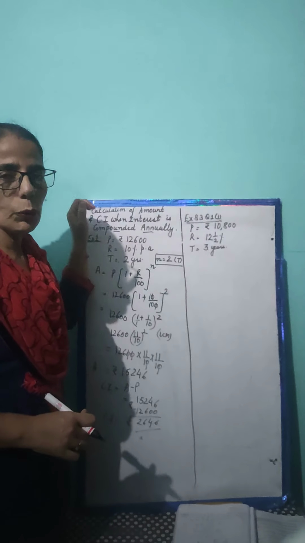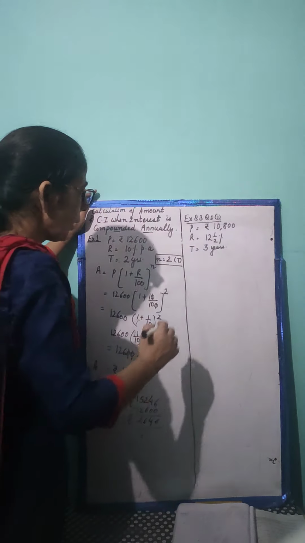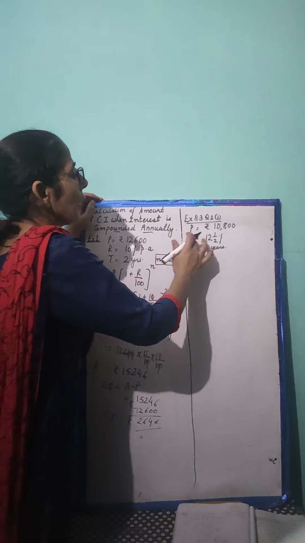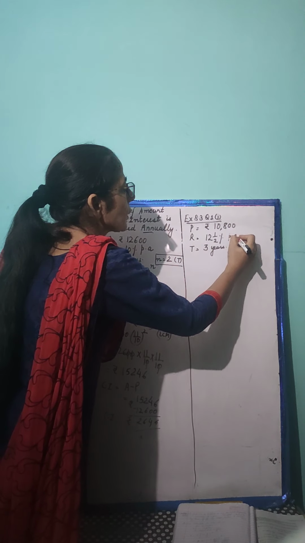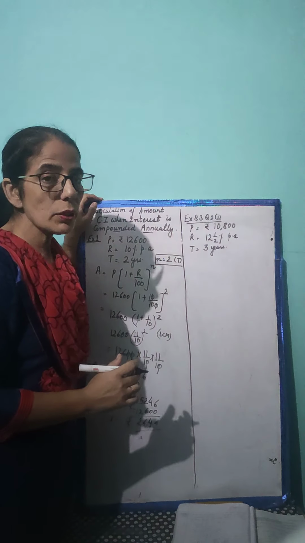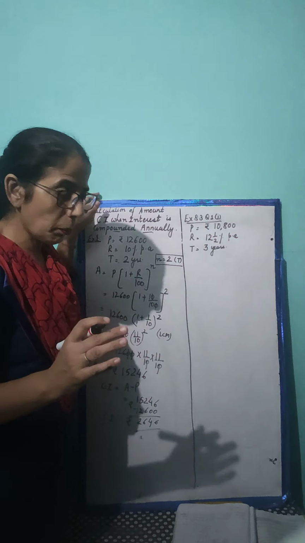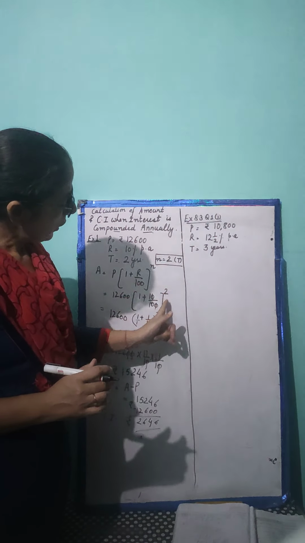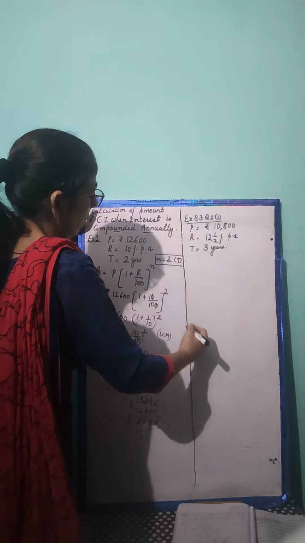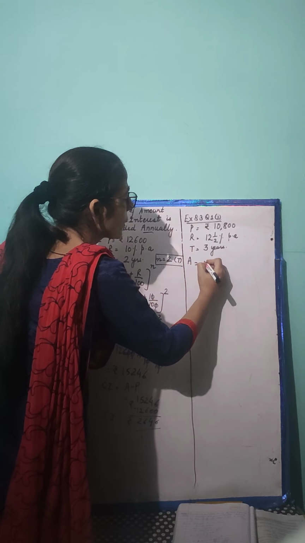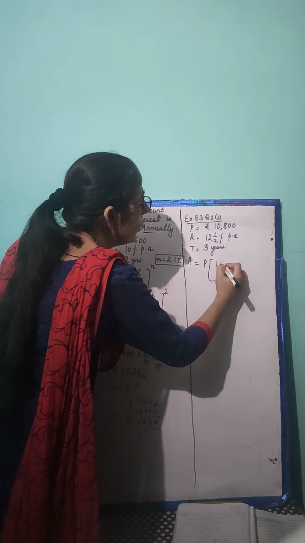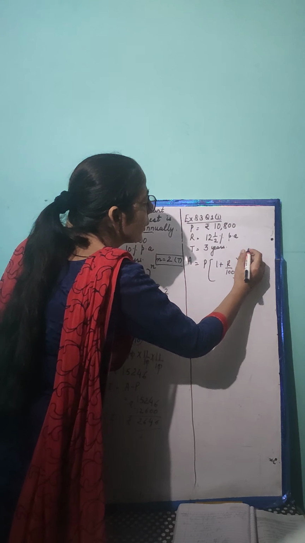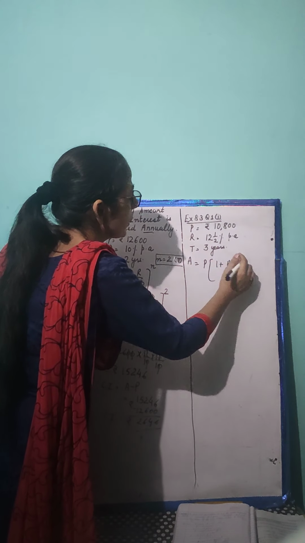It is exercise 8.3, question number 1, first part. Principal is given to be rupees 10,800. Rate is 12 and 1 by 2% per annum and time is 3 years. If I do it by the simple interest method, I will be adding 3 times. But in this formula, in a single go, we can do the calculation. So let us do A is equal to P into (1 plus R by 100) raised to power time. Time is 3 years.